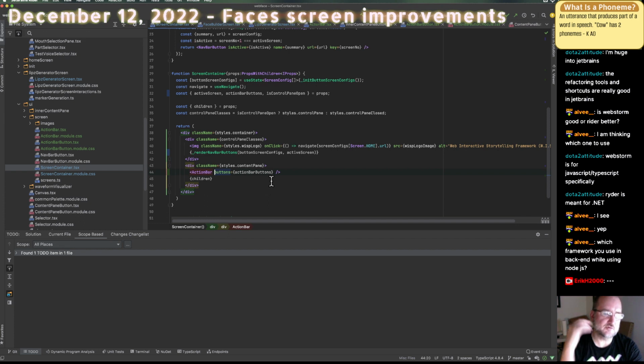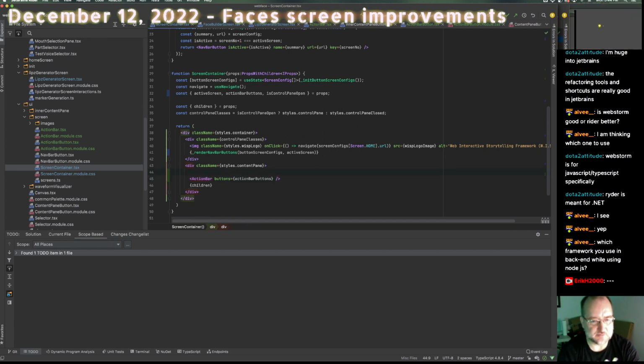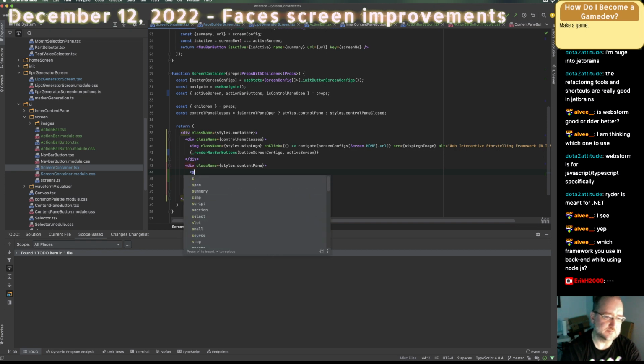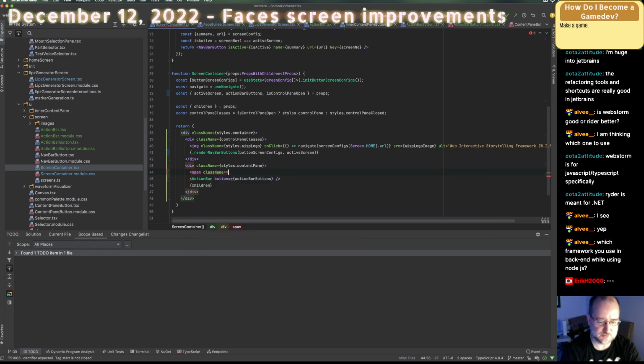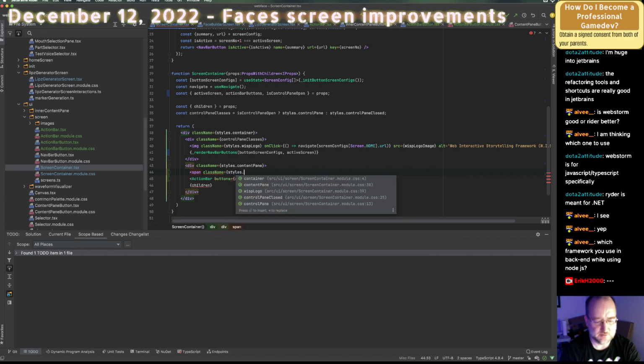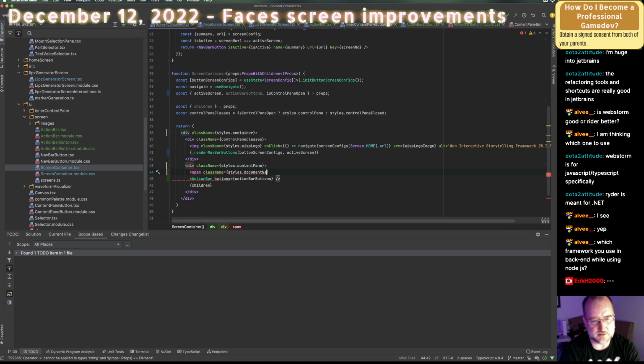Action bar, do I want it to pass anything down to the action bar? No, let the action bar just be the buttons. Here I can put span class name equals styles document name. Okay, and then, bam, and then